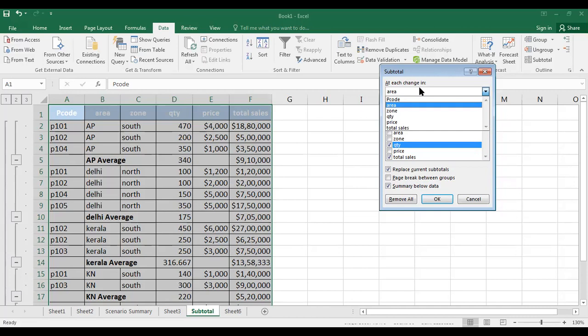So like that you can organize the data, and on which you want to get the subtotaling under each group, the user can select.